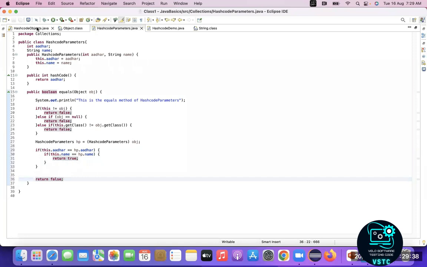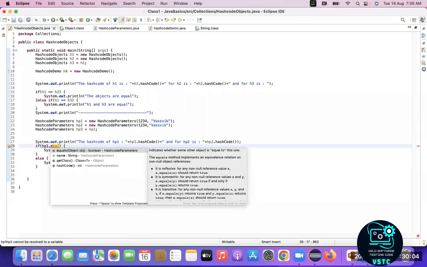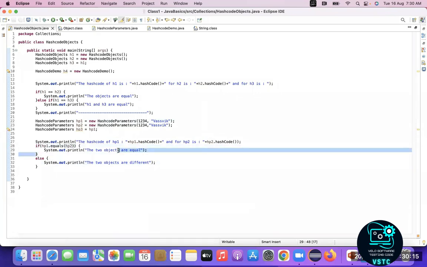Now, if you run this program, you will get the output that the two objects are the same, because the Aadhaars are equal and the contents are equal. Now you will get HP1 is equal to HP2. Let me compare these two, HP1 and HP2. I have to call the equals method. So HP1.equals(HP2). If I compare these two, now your output will be that the two objects are equal,